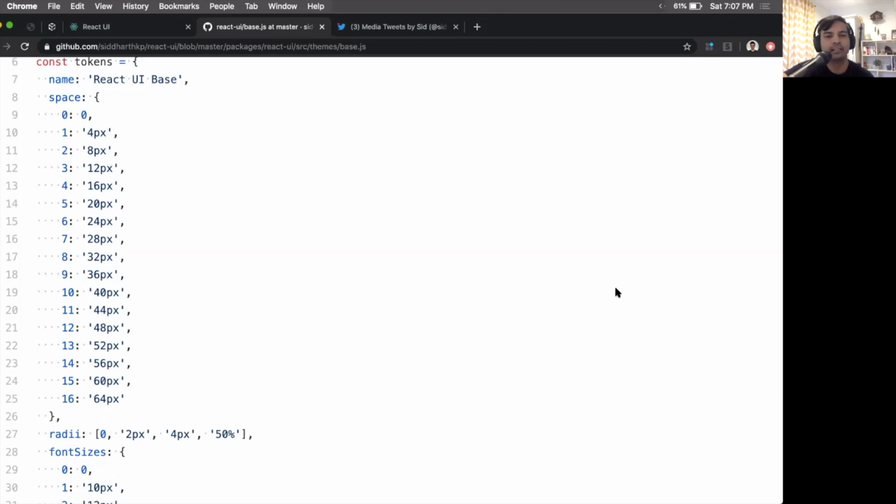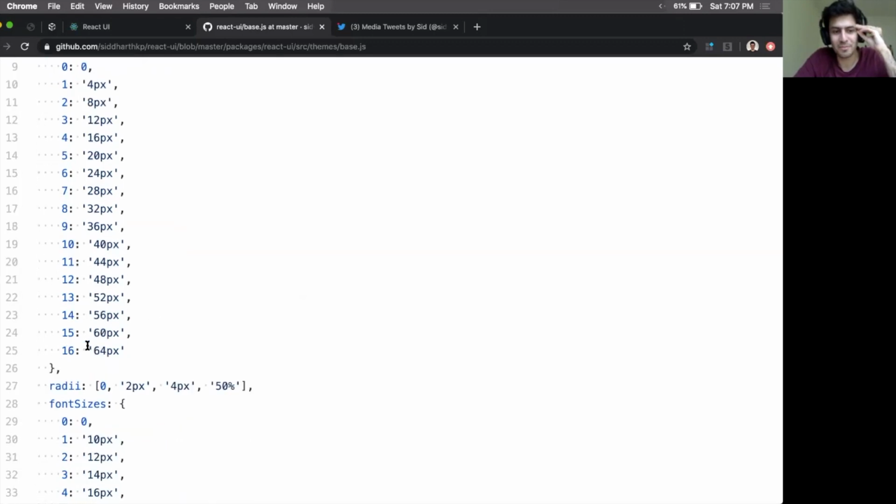Since this is a linear scale, is there a way to, instead of specifying 0 to 16 in this case, I just specify the base of my scale, and then I can just use multiples of that, like 2x, 3x, 4x? I think there's an issue about this as well. I really like that idea. I've been playing around with it, because there are some places where I wanted more than 16. A sidebar is 240 pixels, which is still on my 4 point scale, but it's a big number. And it would be really cool if I can just say 16 into 4.